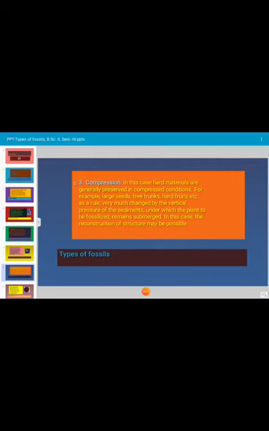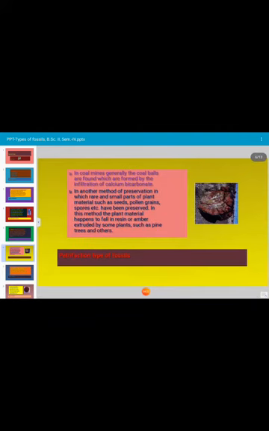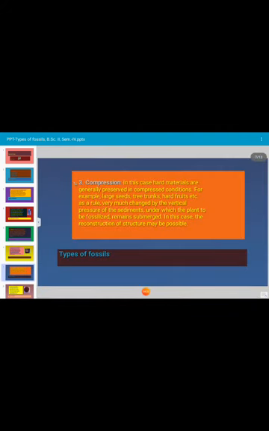In this case, reconstruction of structure may be possible. Next type of fossil, this is compression type of fossil. Next,